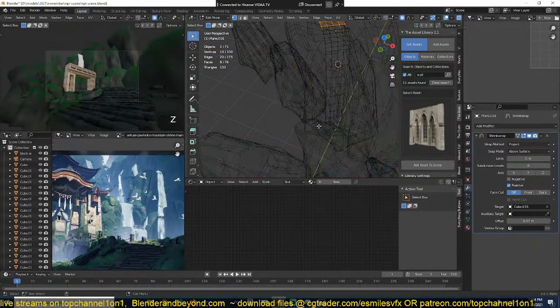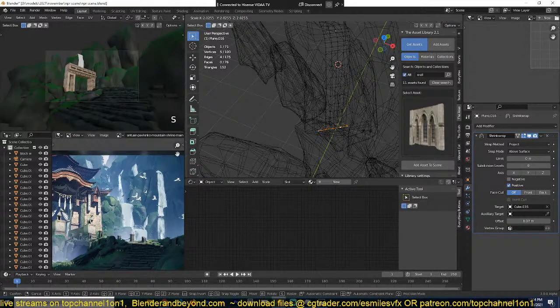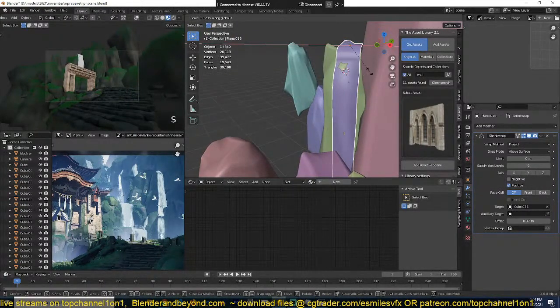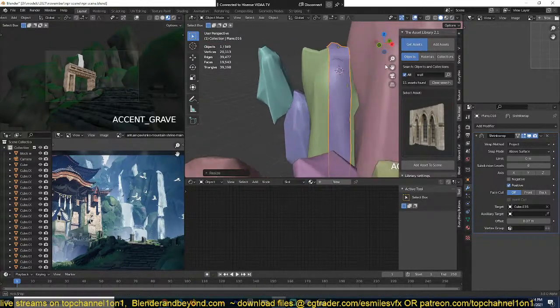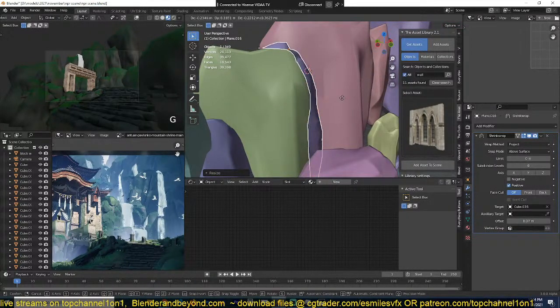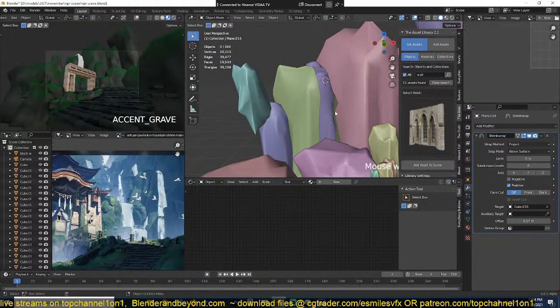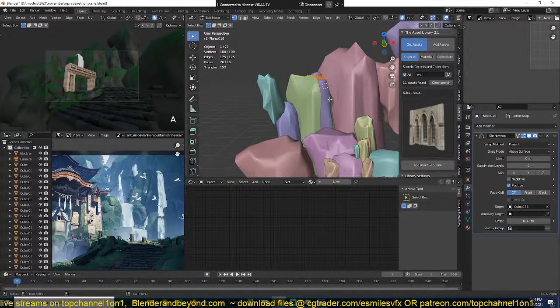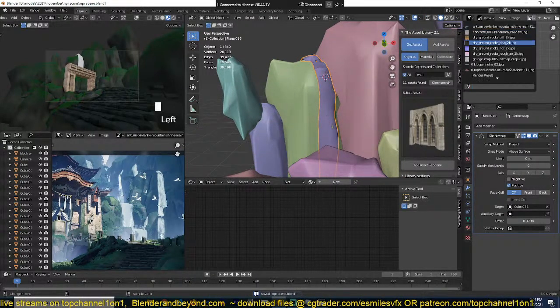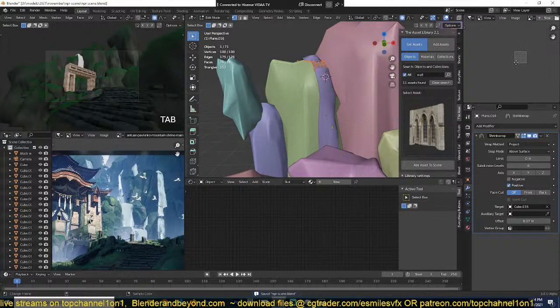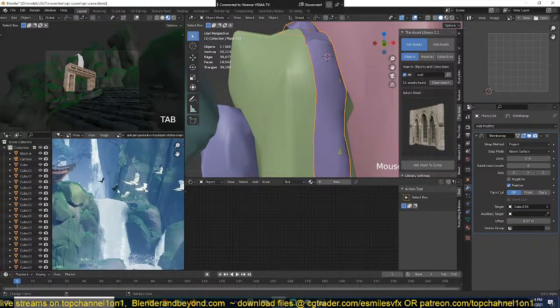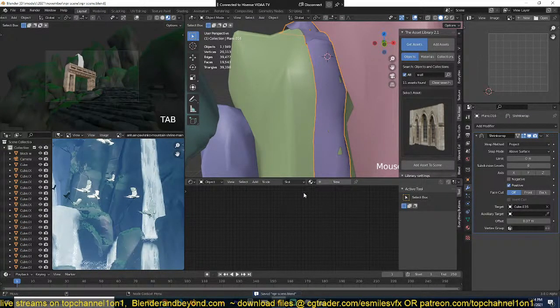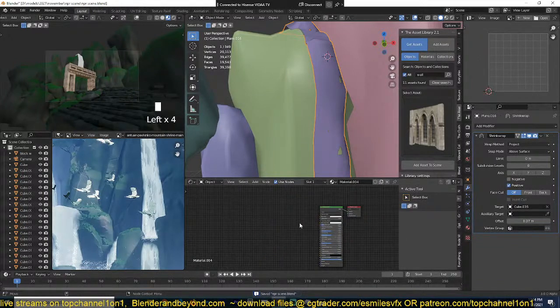I think we can even make it a bit wider at the bottom. Actually, we can leave it like that. So that's our water. And for the texturing of the water, we can just UV unwrap this. Let me go to the UV editor. You can see how this looks. Now, if you look at the water closely,